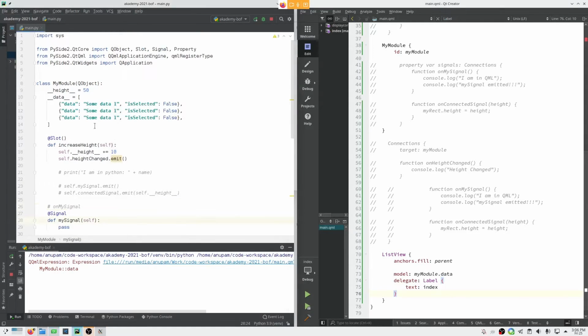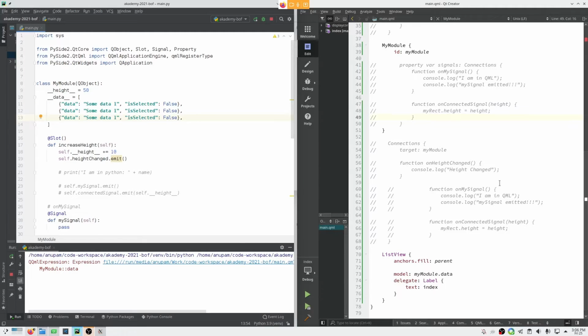Now each of the model data is an object. While exposing Python data to the QML engine, the PySide engine converts Python data types to QML supported data types, which is JavaScript. So it converts this Python list to a JavaScript array, it converts this Python dictionary to a JavaScript JSON object, and so on.